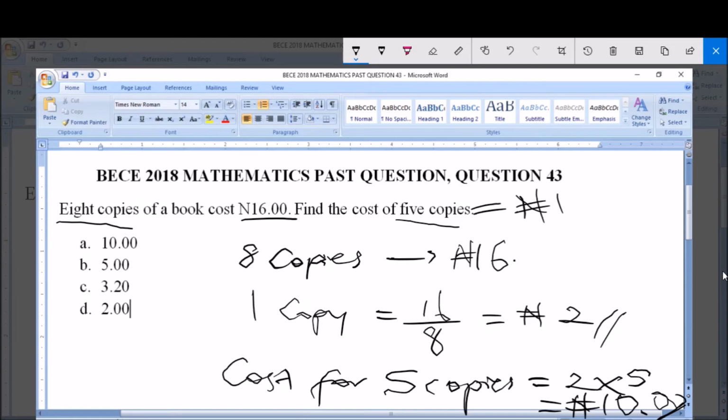10 naira. Now from the options here, option A says 10, which is very correct, B says 5, which is wrong, C says 3.2, which is wrong, and D says 2, which is wrong. So the correct answer to this question is A,